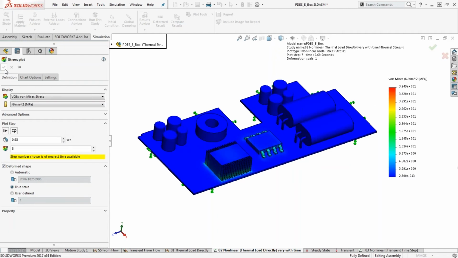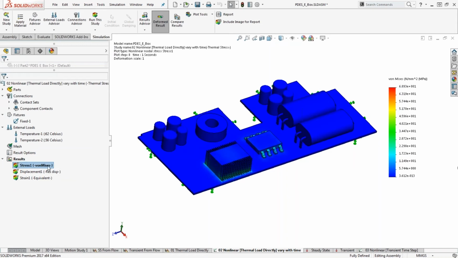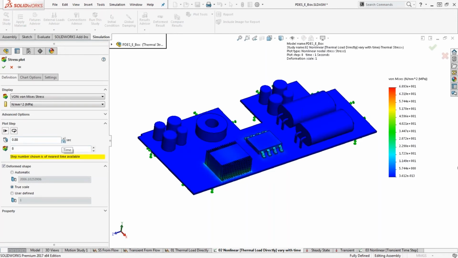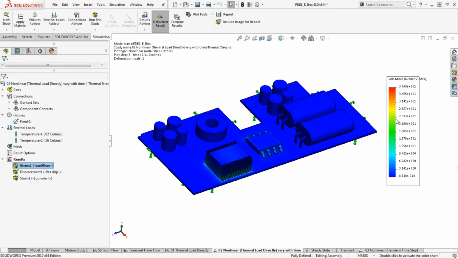If I do it at 0.93 seconds, you'll see that my results may slightly change there, right? If I do it towards the beginning there, and hit OK, you see that my results definitely changed as well, right? So the benefit of adding this time increment thermal input is being able to see how those stresses develop based on how I control that thermal load, essentially being on at 50% in the middle